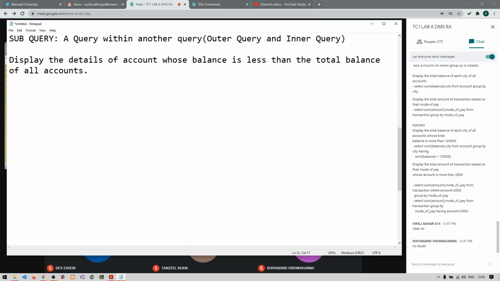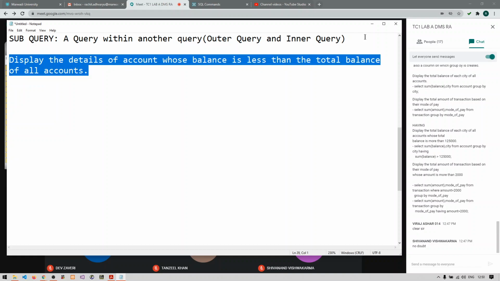So first, can anyone tell me what this query means? What does this question mean?